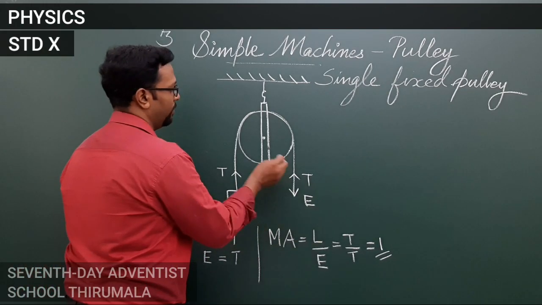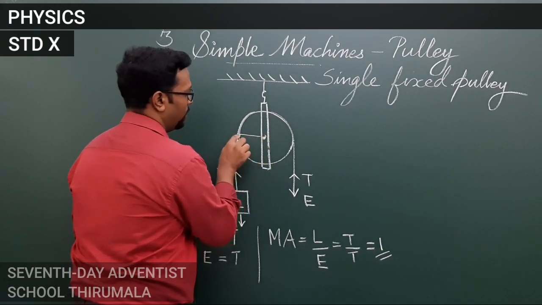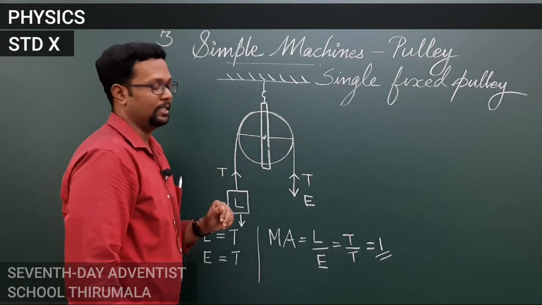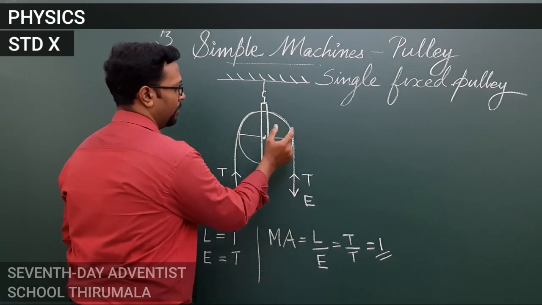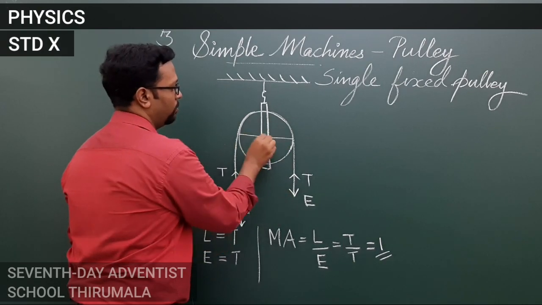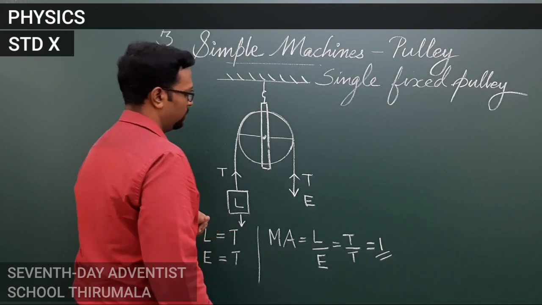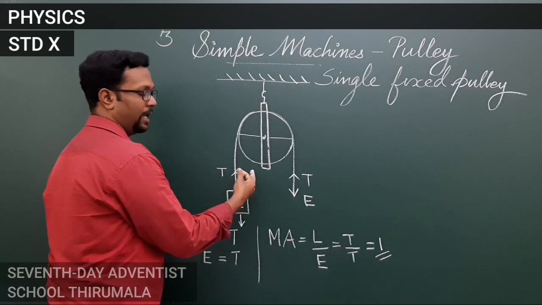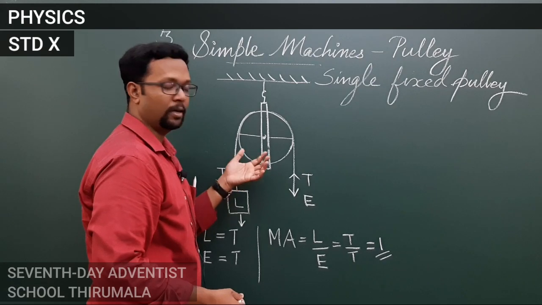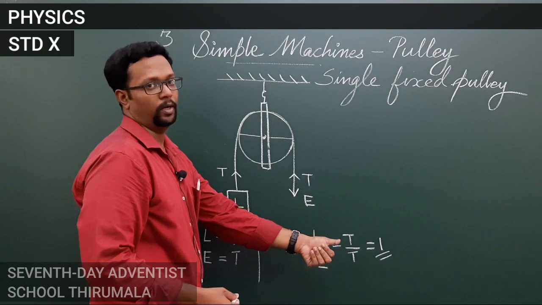So in the case of a pulley, we can consider a pulley as a lever also. Here the distance from this end of the pulley to the center and this distance over here can be considered as load arm and effort arm. As it is a circular disc, both parts are equal to the radius of this circle. So again, if you calculate mechanical advantage based on how we calculate in the levers, that is effort arm by load arm, then also the mechanical advantage will be equal to 1.